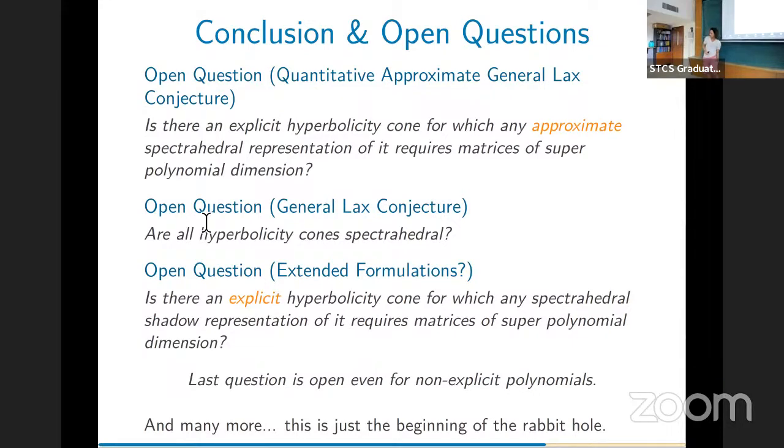No, but we know small spectrahedral shadow representations. It's a work by Parrilo and Saunderson, and I don't know how they look from their work. The representation they give is through construction of a sequence of maps, and these maps give you a spectrahedral shadow projection. I tried to unravel those definitions, and I still can't. Moreover, it's a shadow. It's a small shadow, yeah, but I don't know any small spectrahedral representation, just a pure spectrahedral representation.